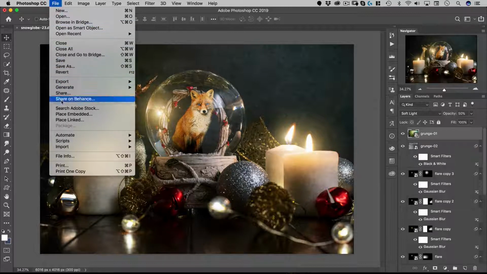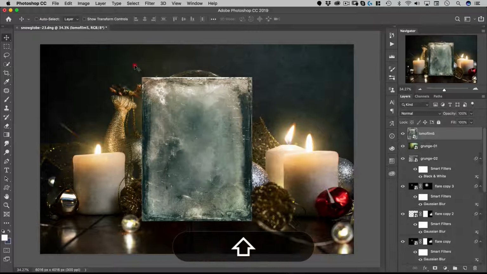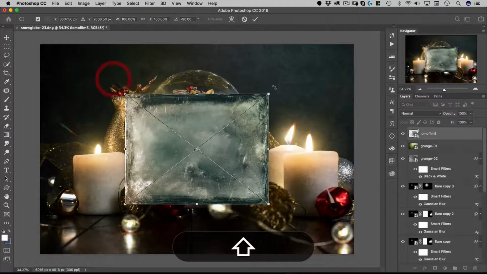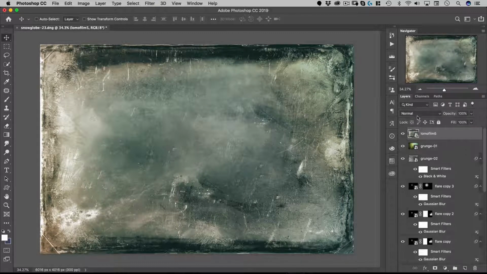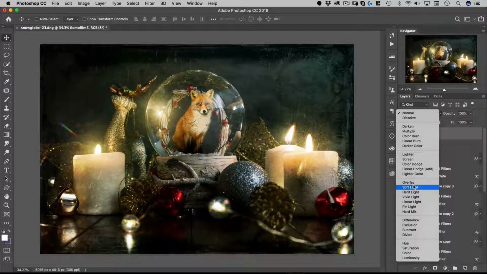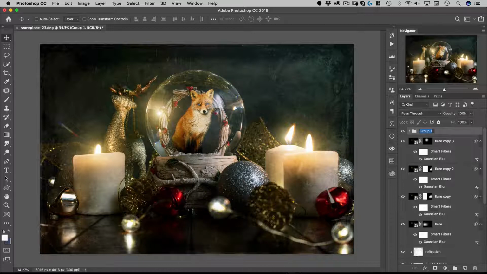And finally, let's do Place Embedded Lomo Film 5. And let's turn this around. There you go. And let's put that on Soft Light. There, and that's giving us that nice frame effect. And let's see. Looks like, yeah, that's pretty nice. Okay, so all these layers, let's put them in a group and